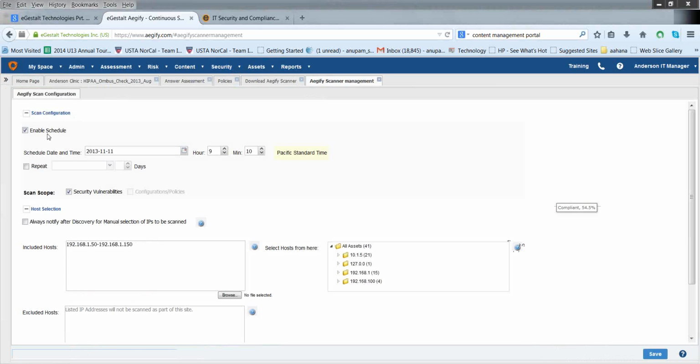So for example, here I have a scanner management interface, and this allows me to choose a particular schedule. So I can say I want to scan it on the 14th. Should not be less than, of course. So let me pick a date, 20th. And I can pick an hour and a minute. I can repeat the schedule weekly, monthly, or every 5 days, let's say. So I have complete flexibility, and once I do this, it all works automatically,